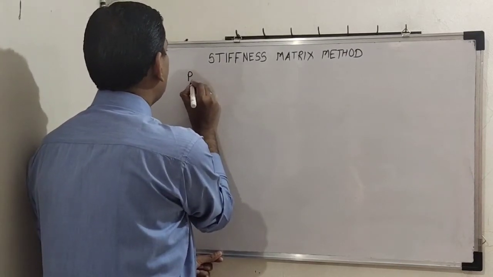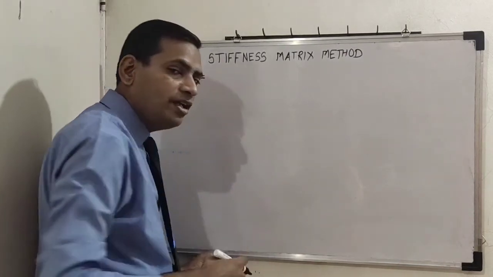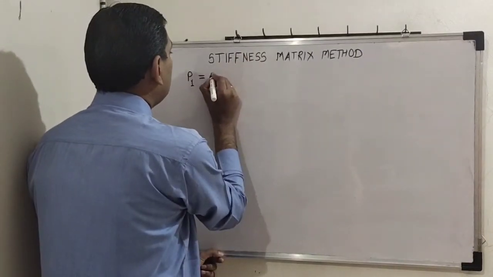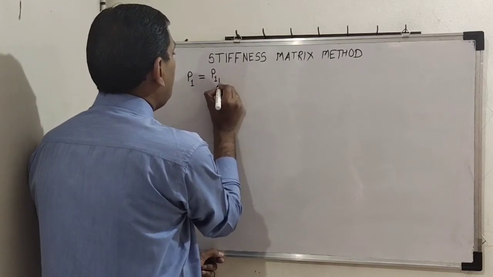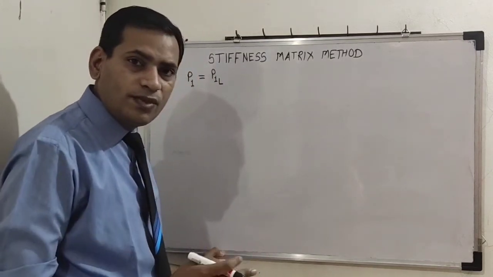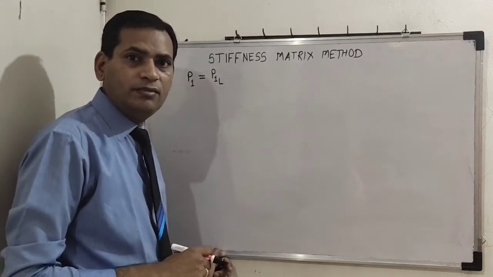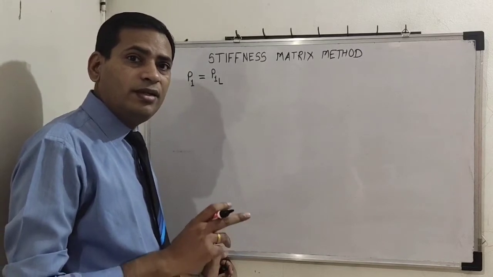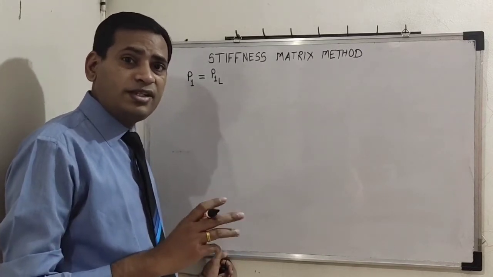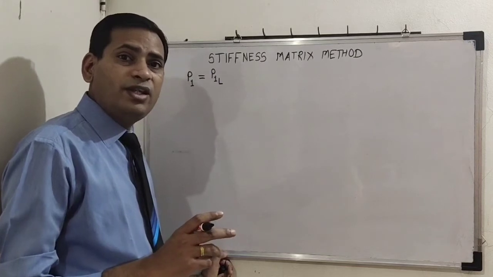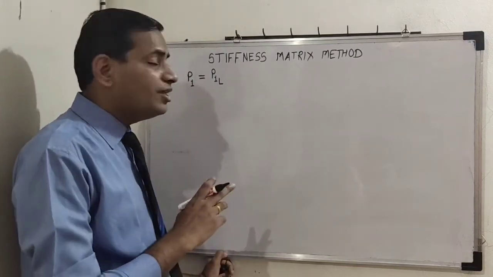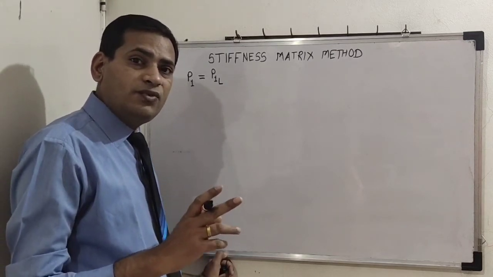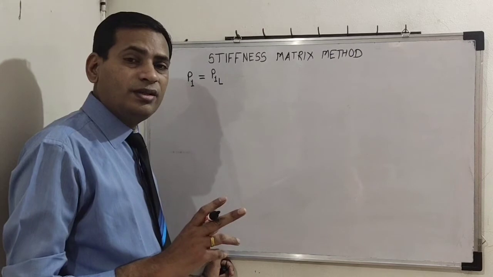P1. What is P1? P1 is an external force or the final force in the member. This is equal to P1L. What is P1L? It is force or moment in the restrained structure. What is restrained structure? We are making everything fixed. So P1L is force or moment in the restrained structure, but these force or moments are because of external loading,